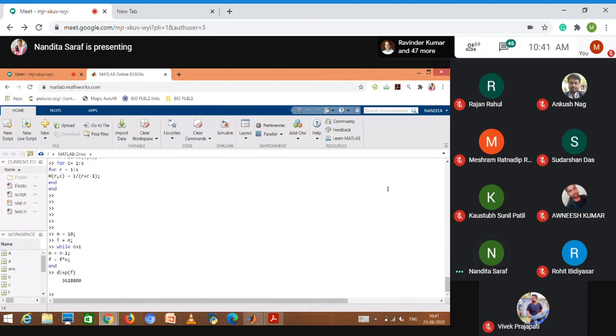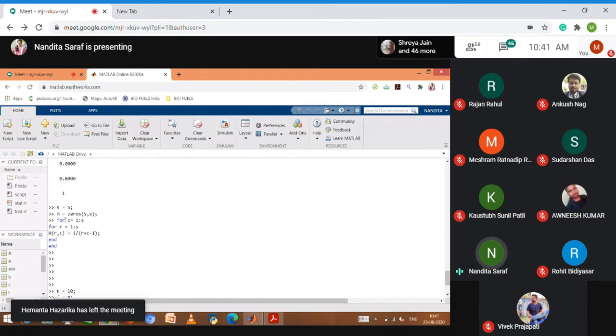Now somebody wants me to repeat the difference between for and while loop. The only basic difference is this: if I specify that I want a particular loop to continue executing for 3 times, this for loop will continue execution for 3 times.